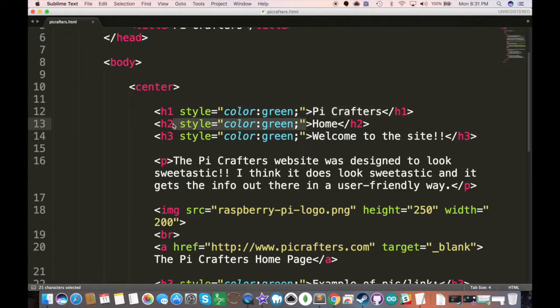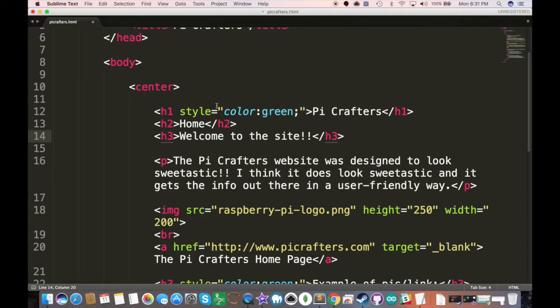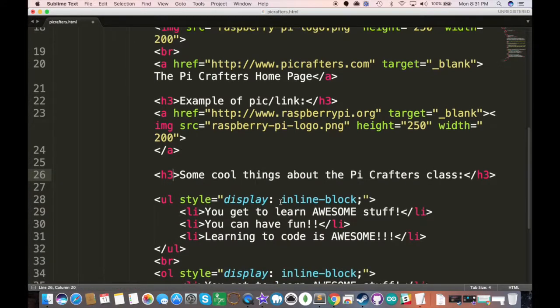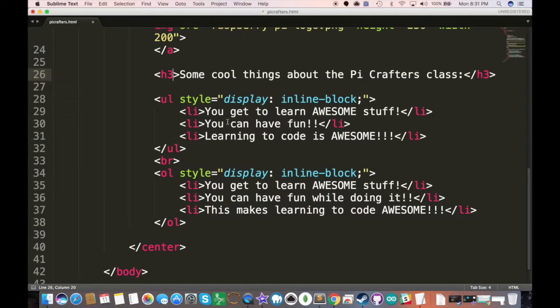So you're saying to yourself right now, okay, I know it's not a good practice to do inline styling. When's a good time to use it? That is a great question. In fact, I can show you an example of a good time to use it down below, once I remove all these. Notice I have here, style equals display inline block. We're going to talk about inline block in a minute, but here is actually a good time to use this inline styling,